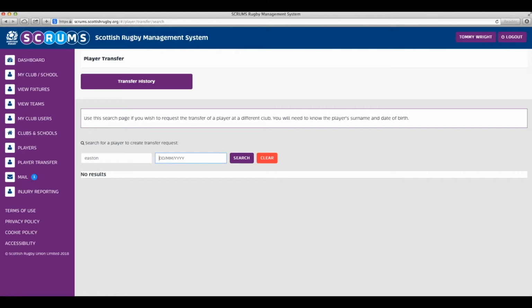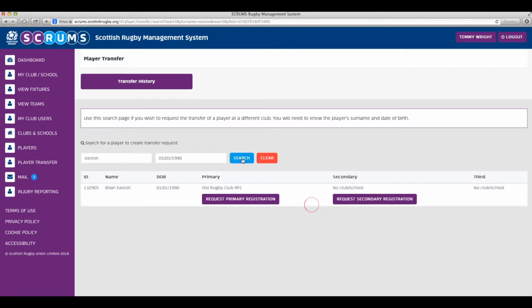And if you enter that and click search, you will be given the options. In this case, we can request the primary registration of that player, in which case a transfer request will go to the existing club. This player does not have a secondary club, so we could request the secondary registration of that player. And in this case, the request would also go to their primary club, because that would be a